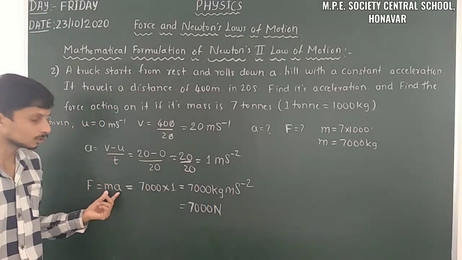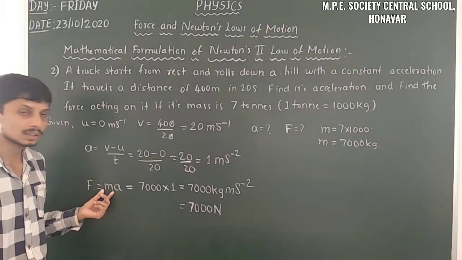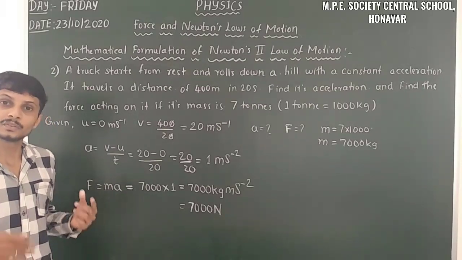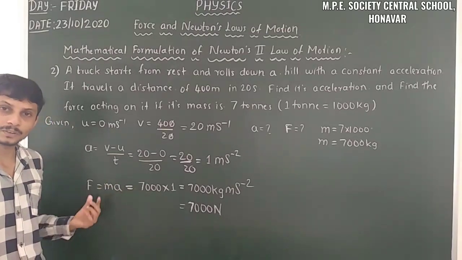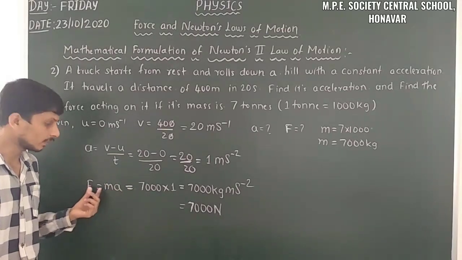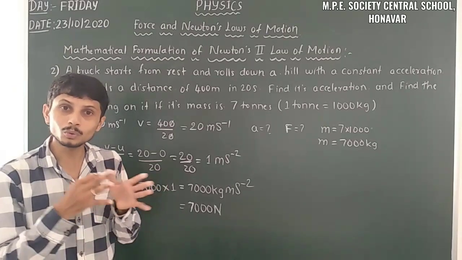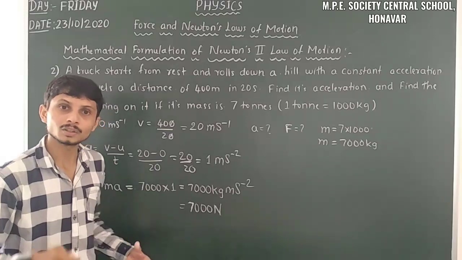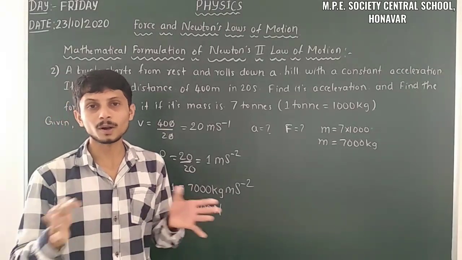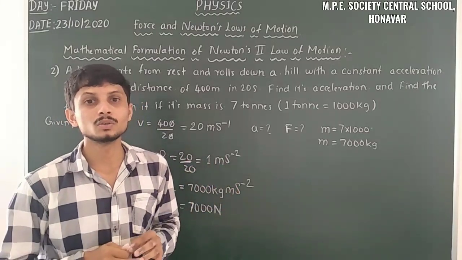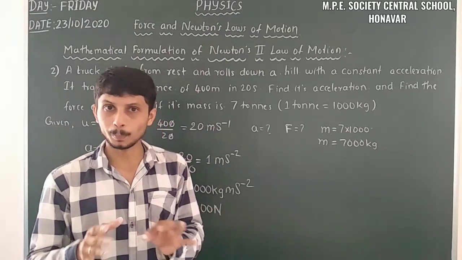So here just observe F is equal to MA. Here the unknown quantity is F, and we know M and A, so we can calculate it. If we know F and A, we can easily calculate M. So when we have two quantities in this formula, we can find out the third quantity also. There are many problems based on Newton's second law of motion. So here I will conclude this part.